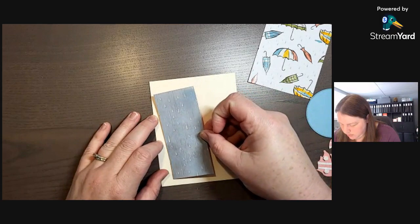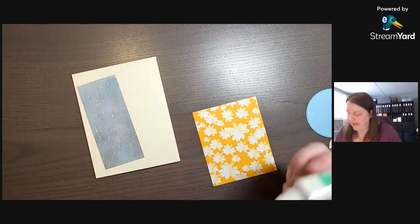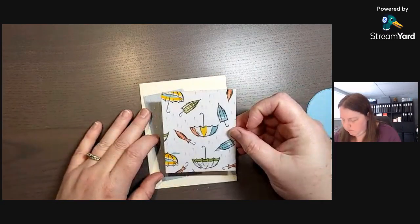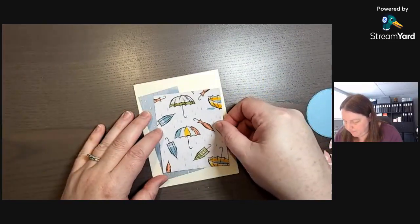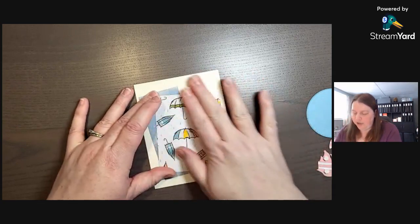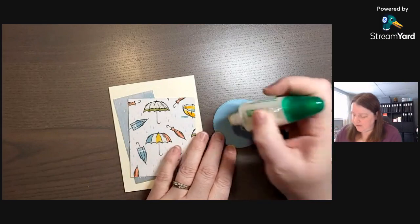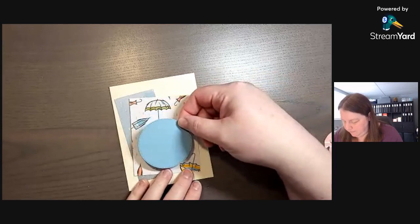All right, so we're not going to do straight on the card because it's going to be a blustery day card. And sometimes picking a sentiment to go with this, oops, almost put my umbrella upside down. Probably should put them right up. Picking a sentiment to go with it can be a little difficult, but you can either use the stamp set that's in the suite, or you can pick a different one. So look through your stash, see if there's something that you like the